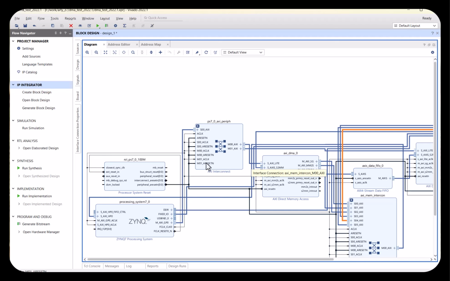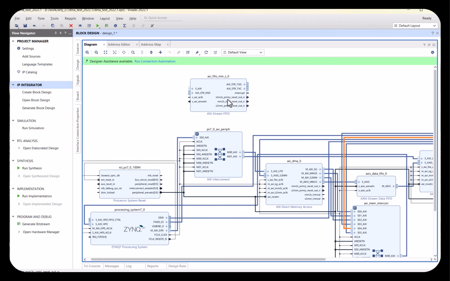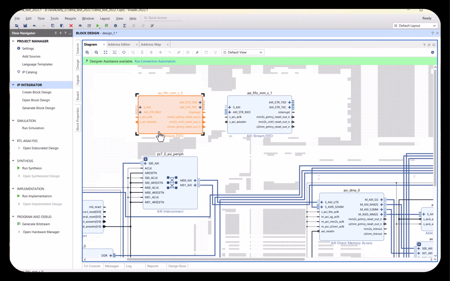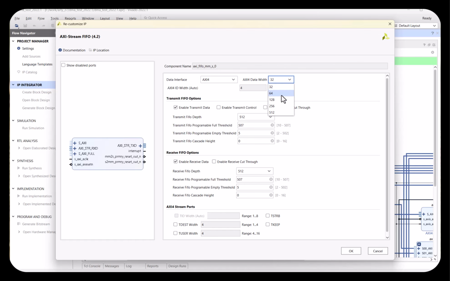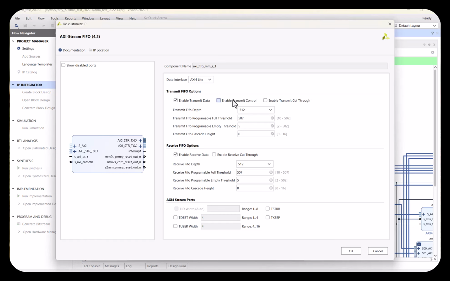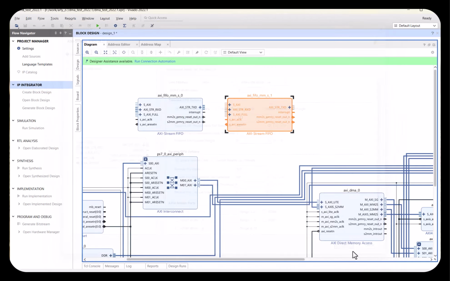So now that we have that, we want to add a regular FIFO. So we're going to click add IP. We're going to type AXI Stream FIFO. Again, we're going to copy paste, and we're going to configure both FIFOs. We're going to disable transmit control, set the data interface to AXI4, and the AXI4 data width to 64. We're going to do this for both FIFOs. Then we can run connection automation,